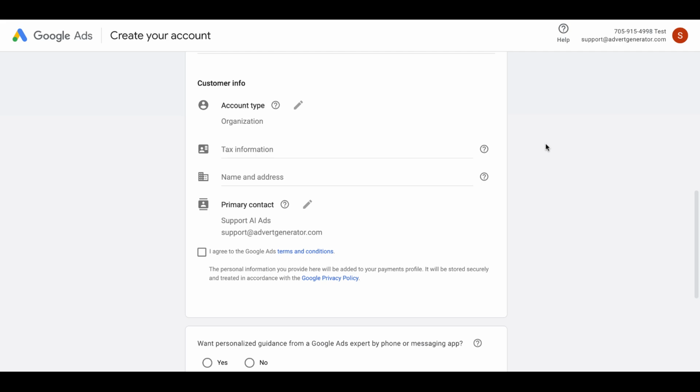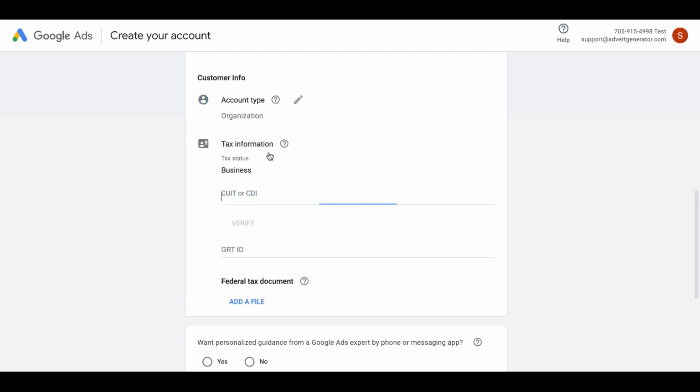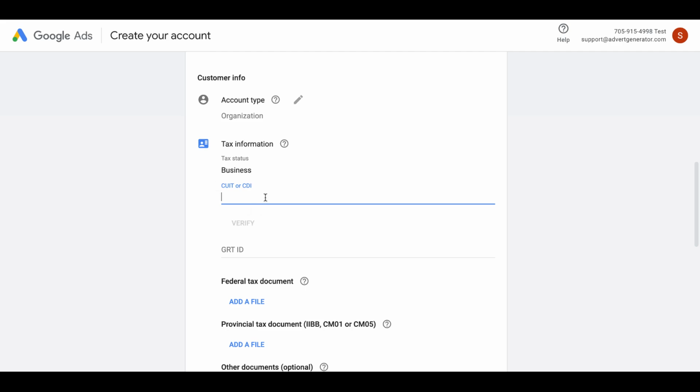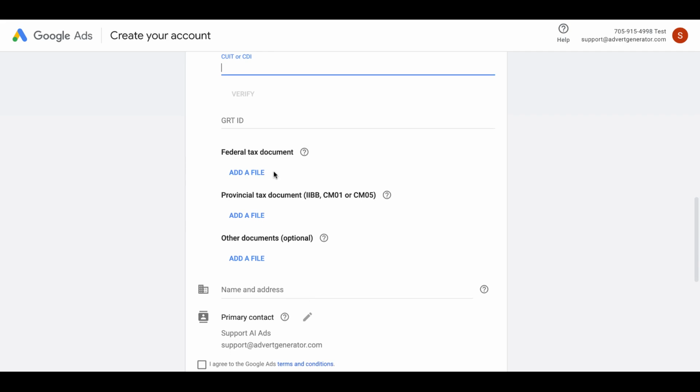This is something you need to fill out. For the first, it's an account type. You have a couple of different options, whether you are an individual or organization. Now, tax information, you need to add your tax ID. Same thing. And if you have a federal tax document, a provincial tax document, or other documents, you should add